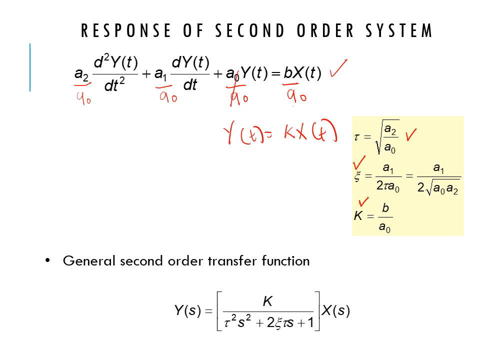Cancel off, and this one you need to replace with lambda. So lambda is equal to a1 divided by 2 tau a0. If you rearrange this equation, you will get a1 over a0 equals 2 tau lambda. So replace into this one, you get 2 lambda tau